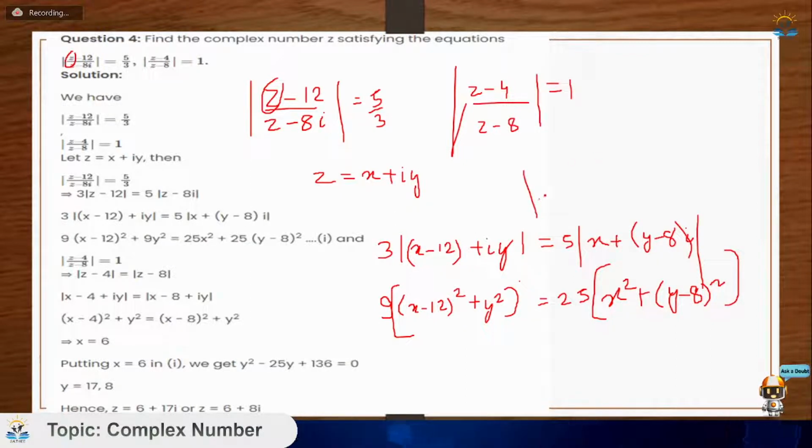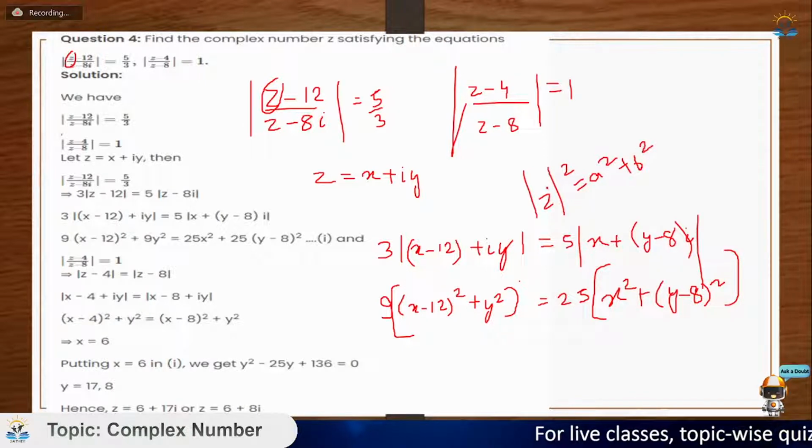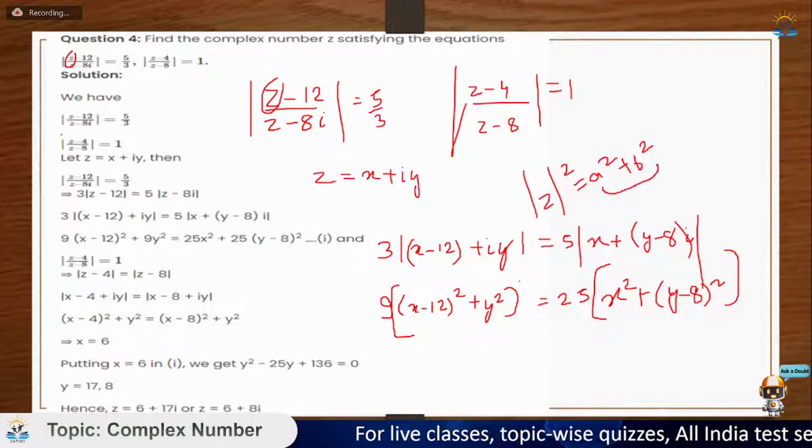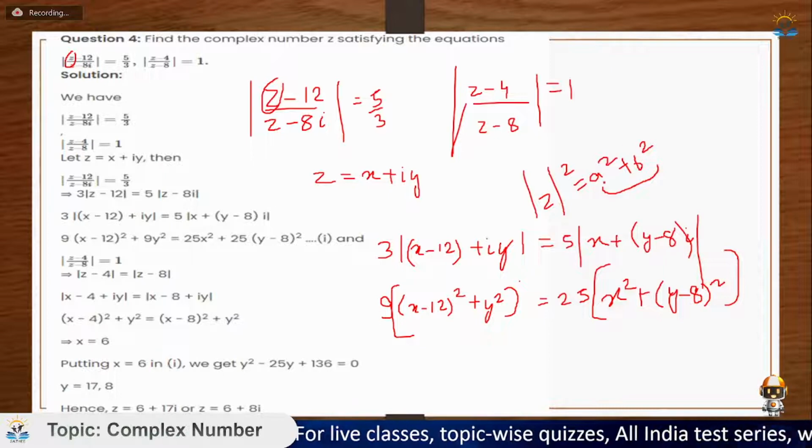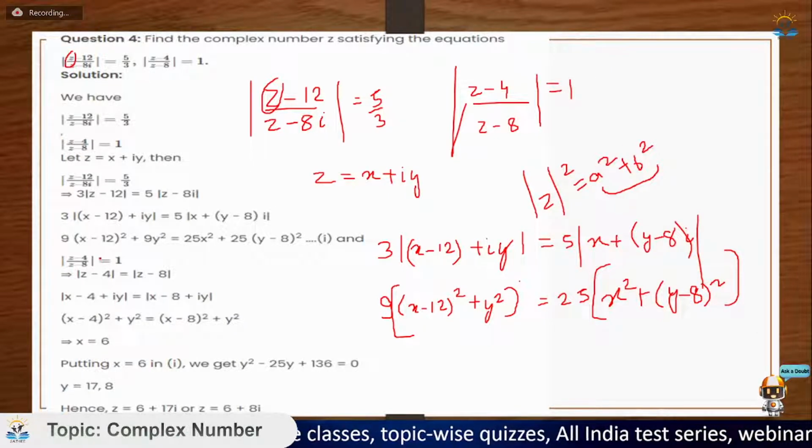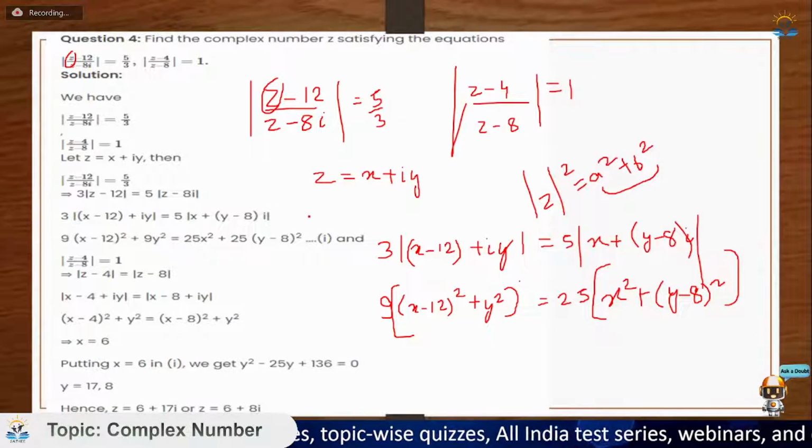Just remember mod z square is equal to a square plus b square, because whenever you multiply a complex number by its conjugate, the imaginary term vanishes and only the real part remains, and the value of the real part is nothing but the sum of squares of real and imaginary parts. So this is one equation,